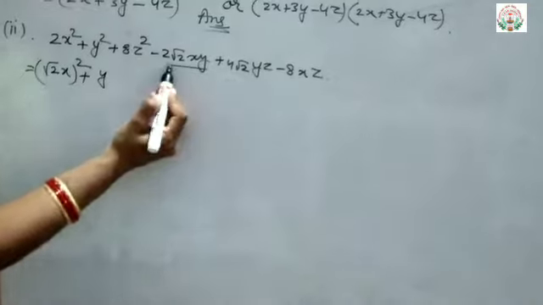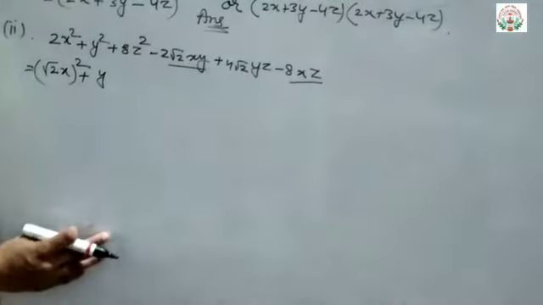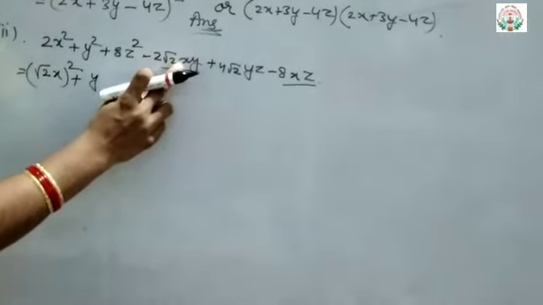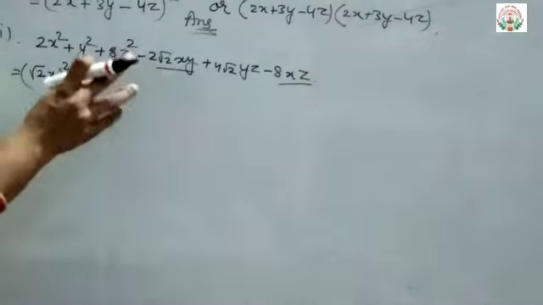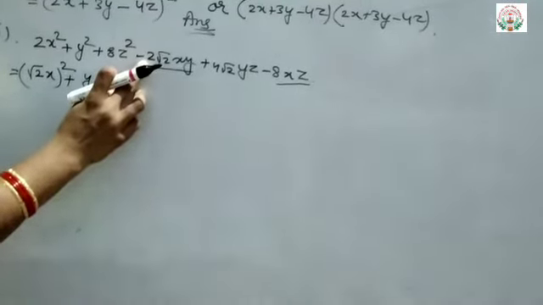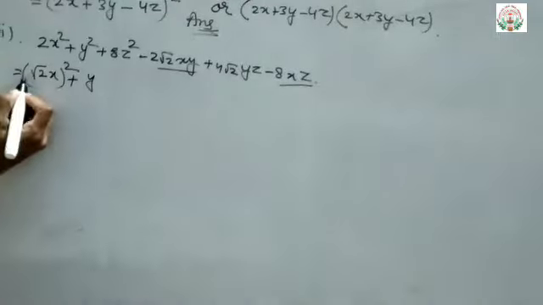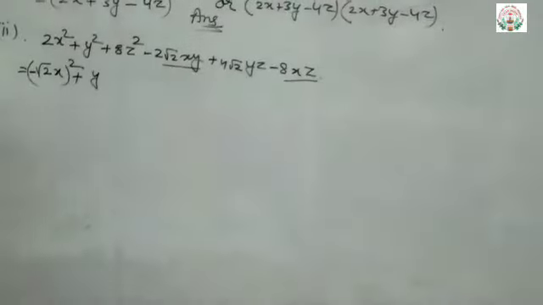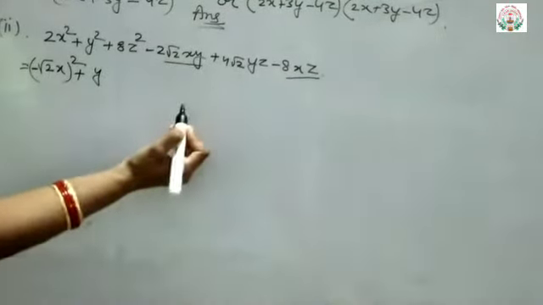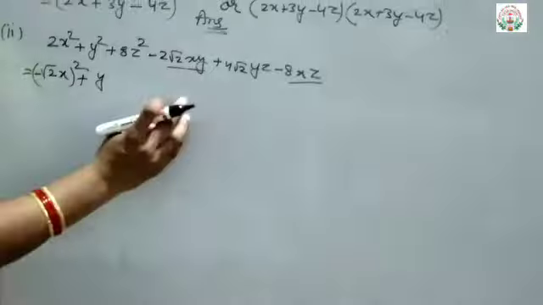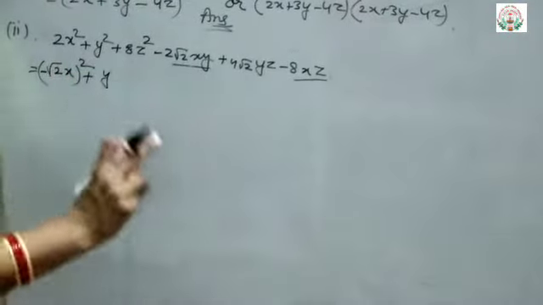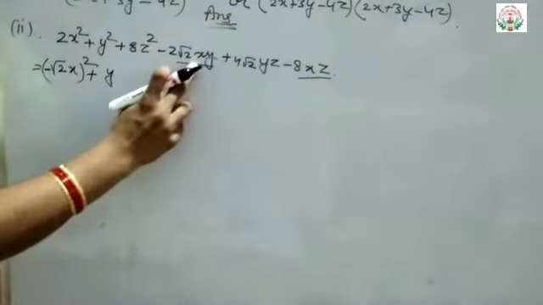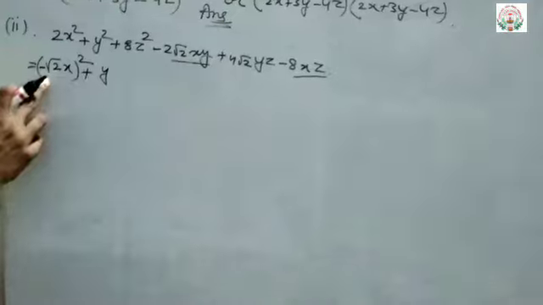Means in between these two terms you see which is common. You can see what is common here. X is common. Right? That means x value might be negative. That is why I got negative value. Clear children? Understood? So that means I will write here minus sign. Understood why we are applying here minus? First you have to see where minus sign is there, and that particular, both the terms you have to see which particular variable is common. That variable is negative. Clear? So here you can see both the cases what? X is common, so x is negative.